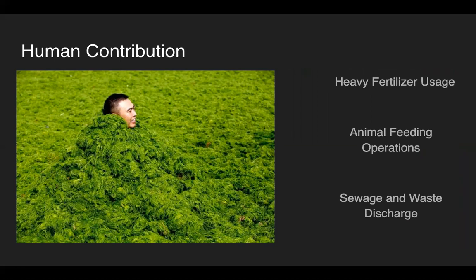Concentrated animal feeding operations are also a large contributor of phosphorus and nitrogen, responsible for eutrophication. These operations normally discharge large portions of nutrients, and they find their way into rivers, streams, and other bodies of water, where they accumulate in large concentrations and